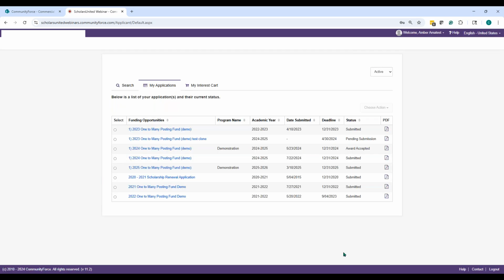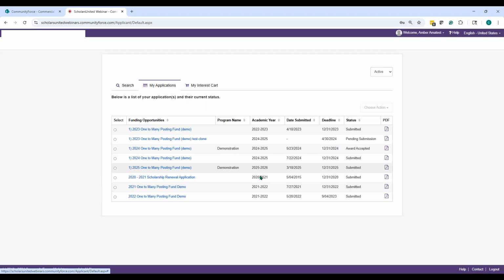This is how the applicant would do it. They would log back in to their dashboard. In the email that I sent them, I would have told them, please return to your dashboard and accept the award. There should be a section appearing on your dashboard. Once you complete that section, please be sure to click the accept button so that I know that you've accepted this award. Failure to do so would not be considered an acceptance, or something to that extent in your email, so that they knew to do this.